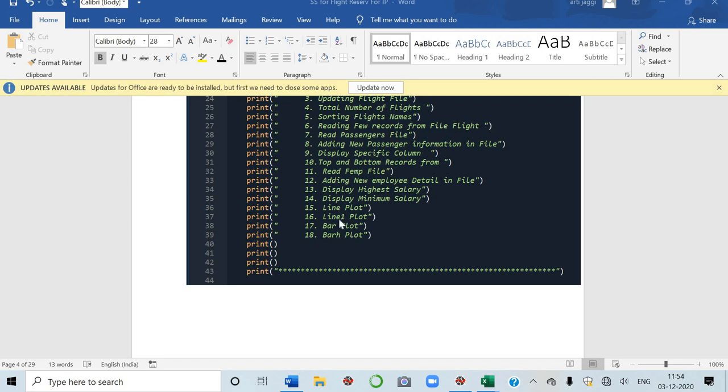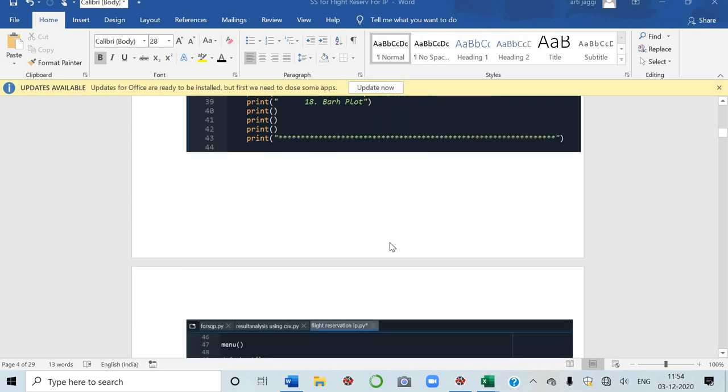The difference is there in these two because I have taken few attributes or characteristics. Then bar plot is there, then horizontal bar is there.